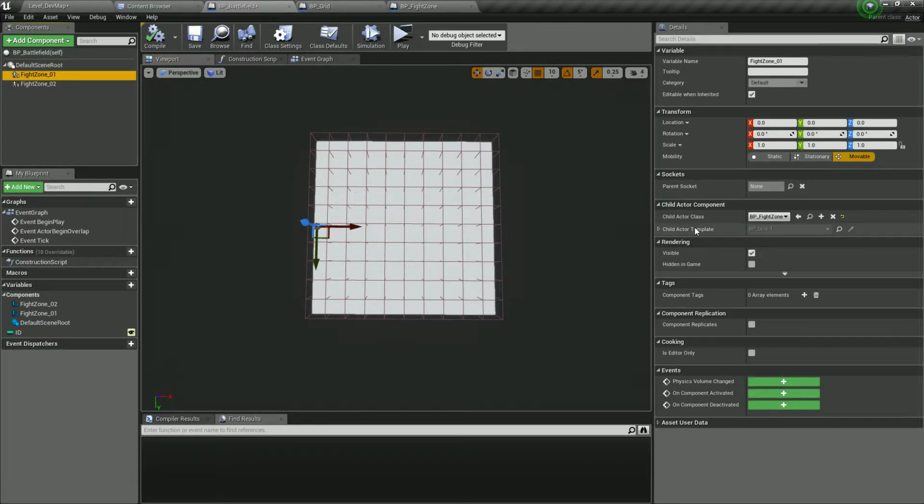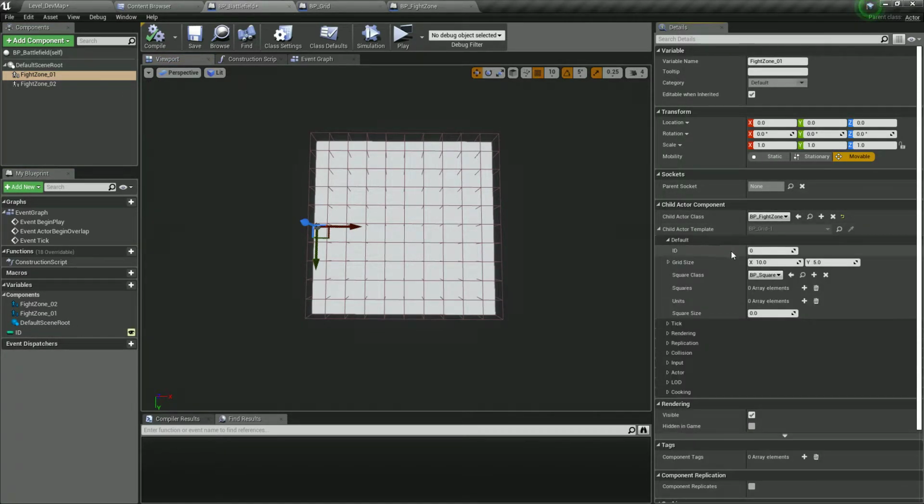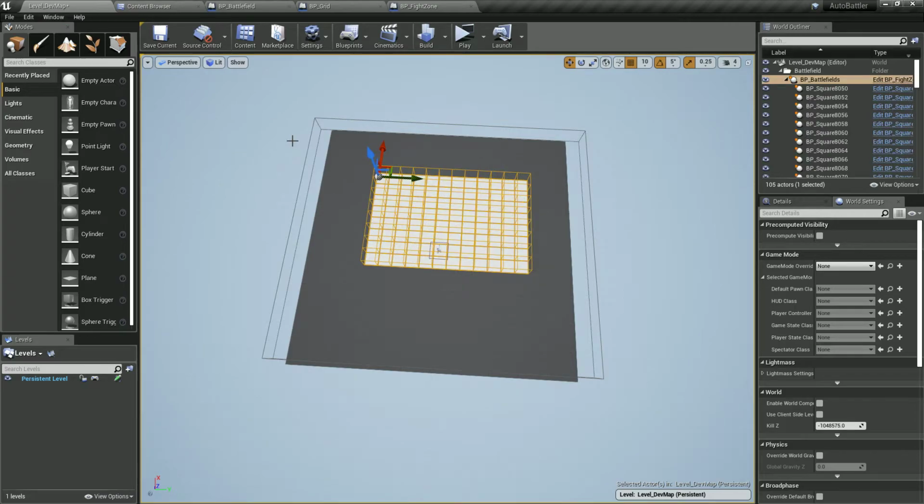So fight zone 1 child actor template default, so we have access to the variable of the fight zone. So first one is going to have an ID of 0 and second one an ID of 1 like this, and we're going to need